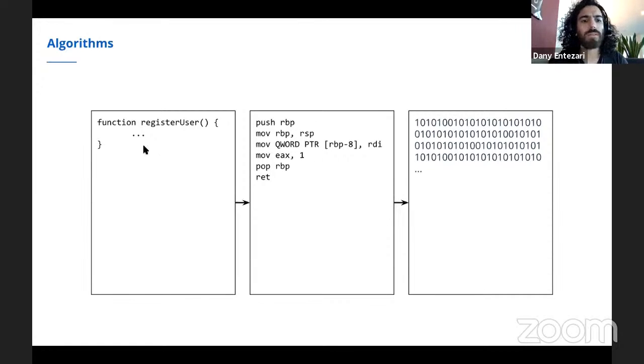A high level programming language is a programming language that is very similar to how we humans write. Okay, it's the closest thing to the written language.